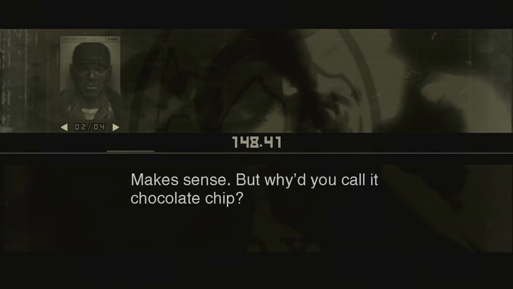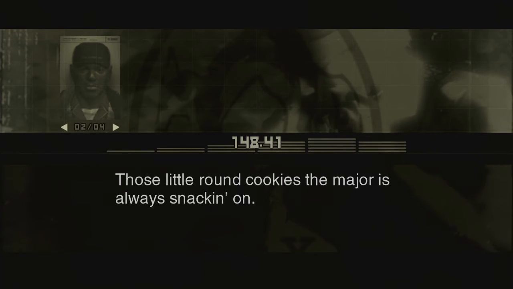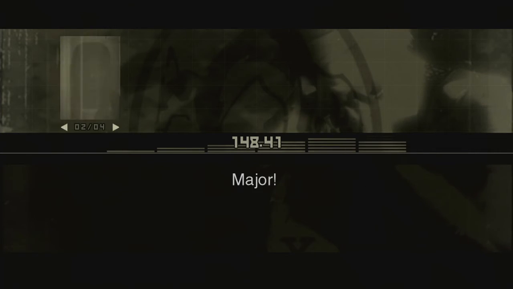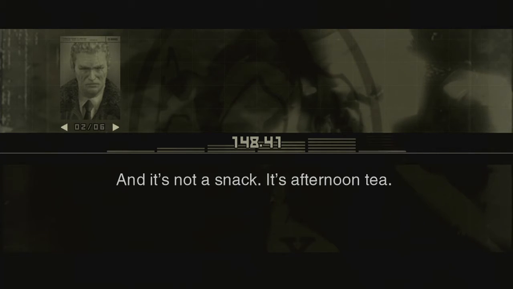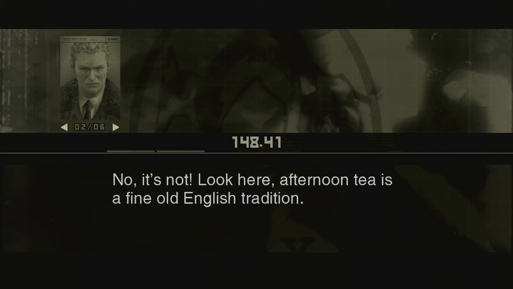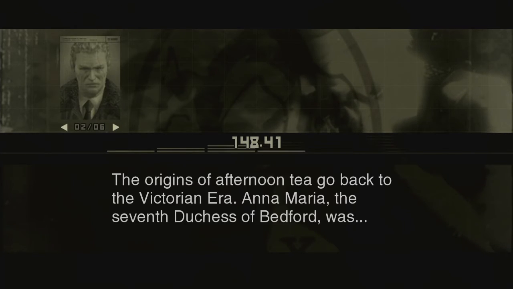Makes sense, but why'd you call it chocolate chip? 'Cause that's what it reminds me of. What? Those little round cookies that Major's always snacking on? They're not cookies, they're scones. Major! And it's not a snack, it's afternoon tea. Snack, tea, same thing? No, it's not. Look here, afternoon tea is a fine old English tradition. Uh-oh, here we go again. Talk to you later, Snake. The origins of afternoon tea go back to the Victorian era. Anna Maria, the 7th Duchess of Bedford, was...